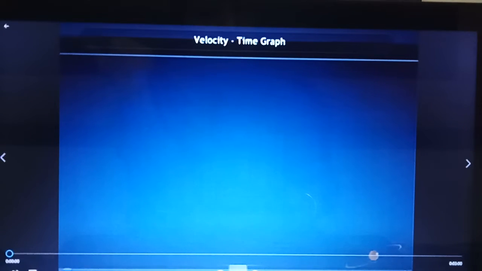In the previous case, distance time graph, what was its advantage? Its advantage was the slope of distance time graph was giving you, yes, it was giving you the velocity. Now the slope of velocity time graph will give you the acceleration. Let's proceed with the cases of this velocity time graph.